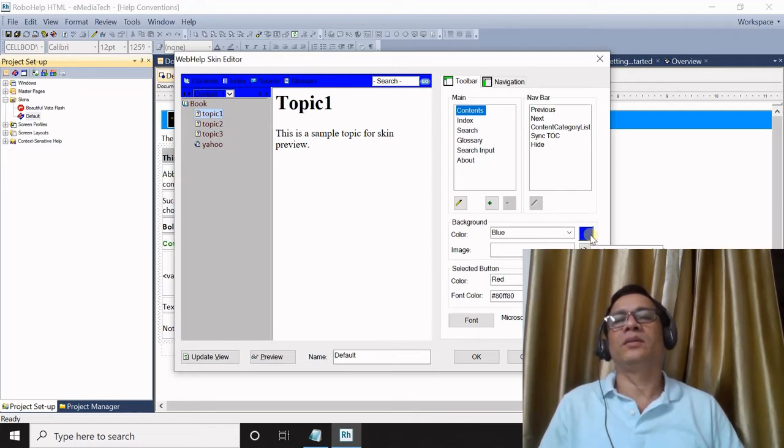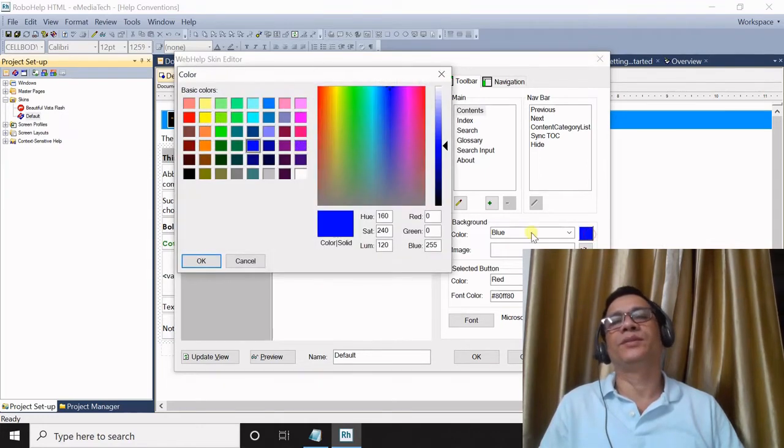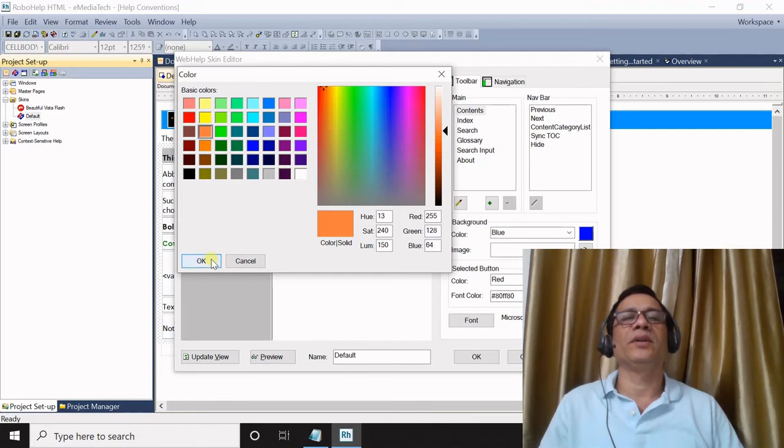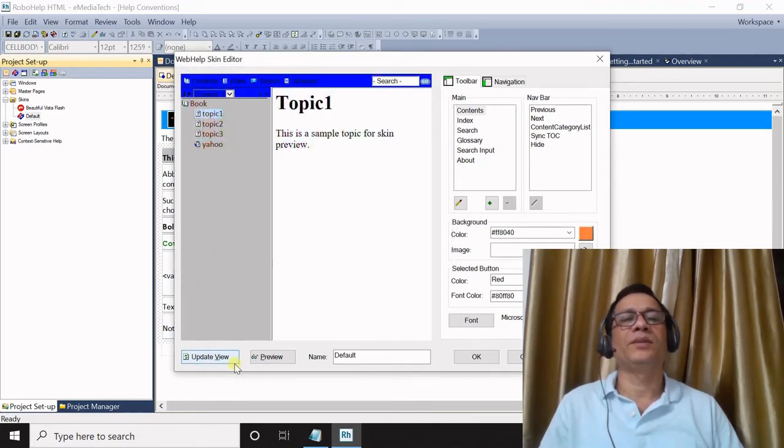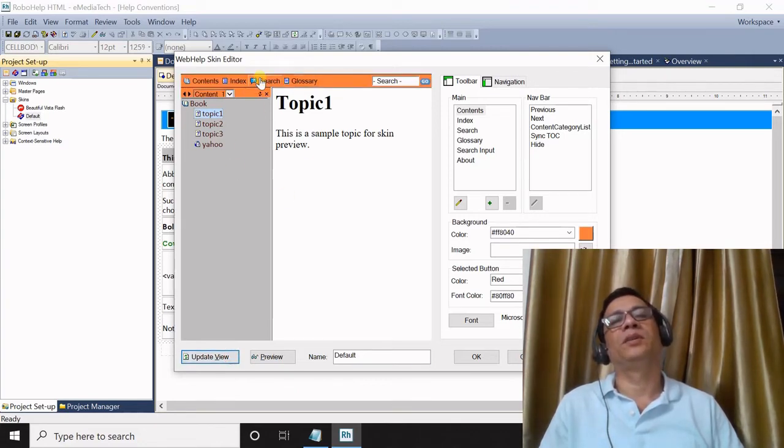So click this color to change it to a different color. I have selected a different color and applied it. Click update view to update the color. See, this background color has changed to the current color.